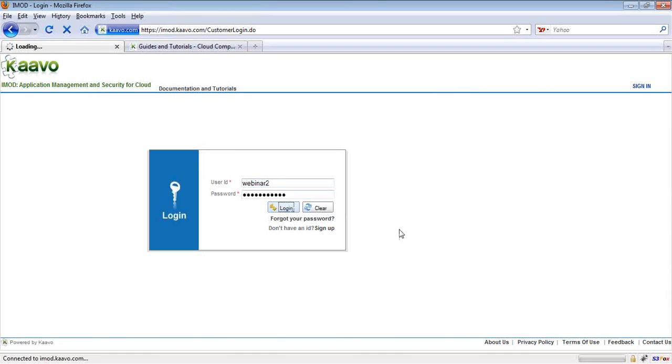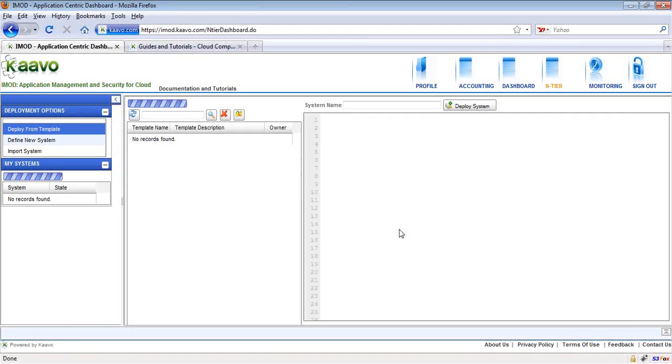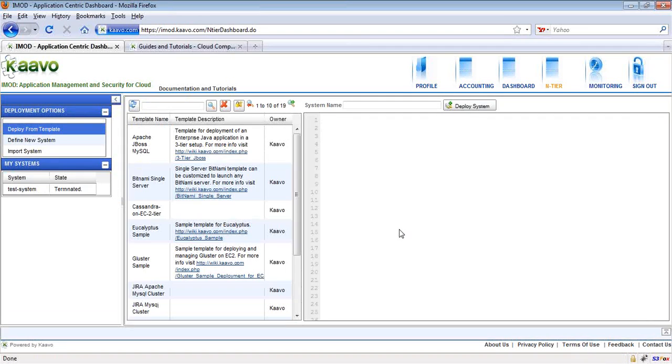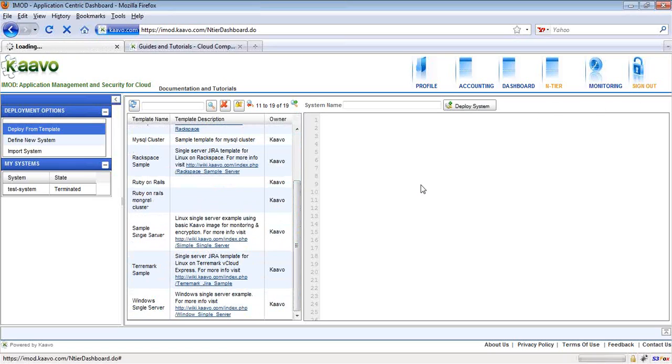If I log in as webinar 2, I will not be able to see the template here in this table. And same goes for other users.